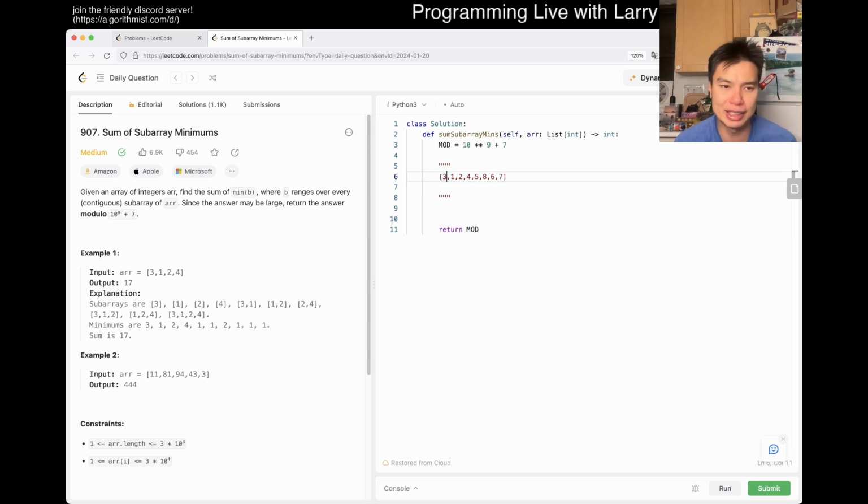What I would say is just what I call the degree of freedom, right? And what I mean by that, let's say we're looking at number 1 for now. And we're saying, okay, how many subarrays have 1 as the minimum number? A subarray is different than a subsequence, but today we have subarray. And on the left, that means that, well, 1 is the smallest element in the array, so that means that